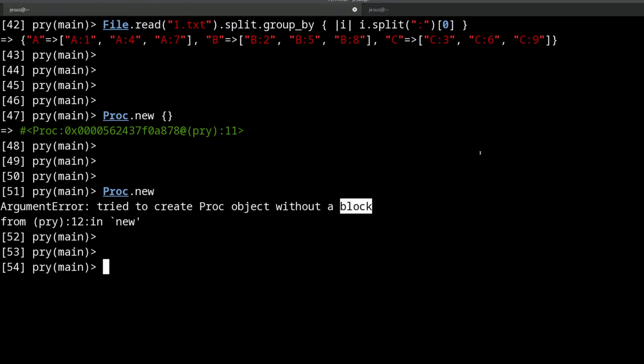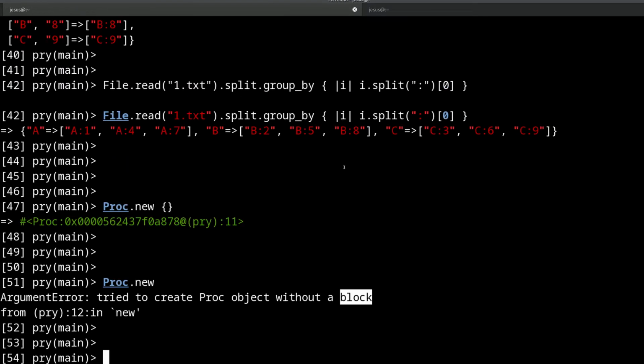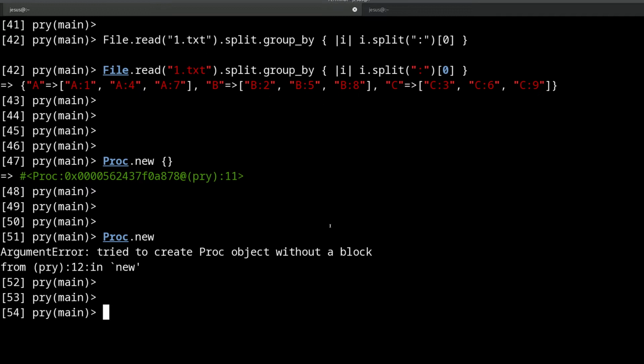So if you're not familiar with blocks, I'm not going to go into the details of that. You can read that in my book, right? It's a Ruby basic. You can't go into Rails before knowing this. I will say that again. You can't go seriously into Rails without understanding what a block is, what a proc is, what